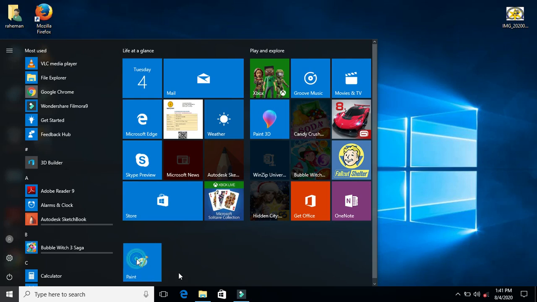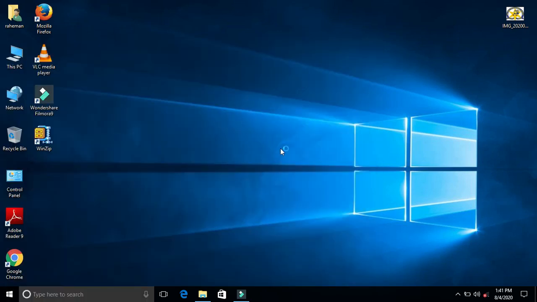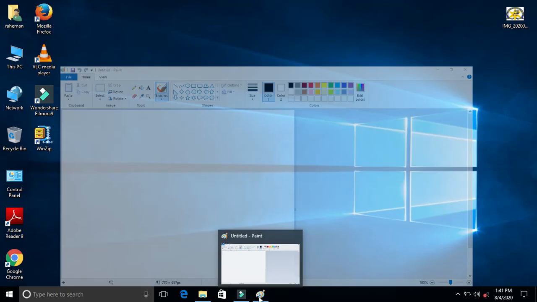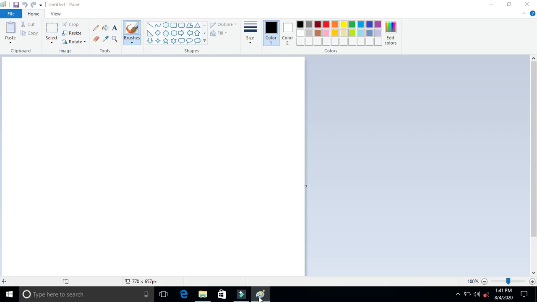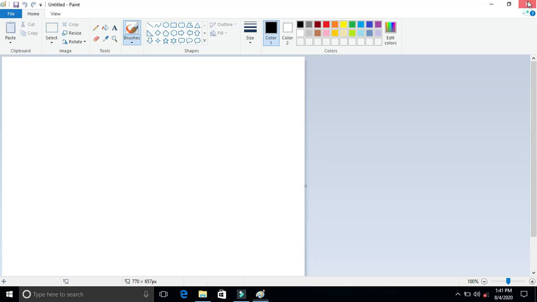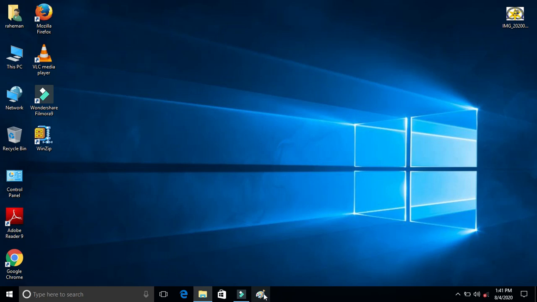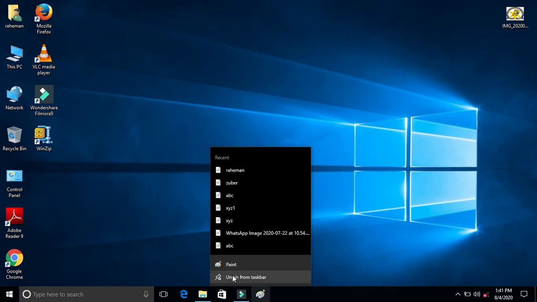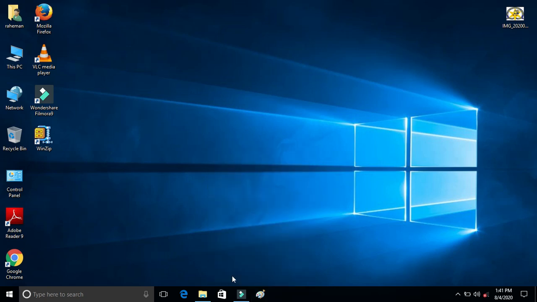Or you can add it to the taskbar with Pin to taskbar. Then even if I close it, it will still appear there. If you want to remove it, just unpin it from the taskbar.